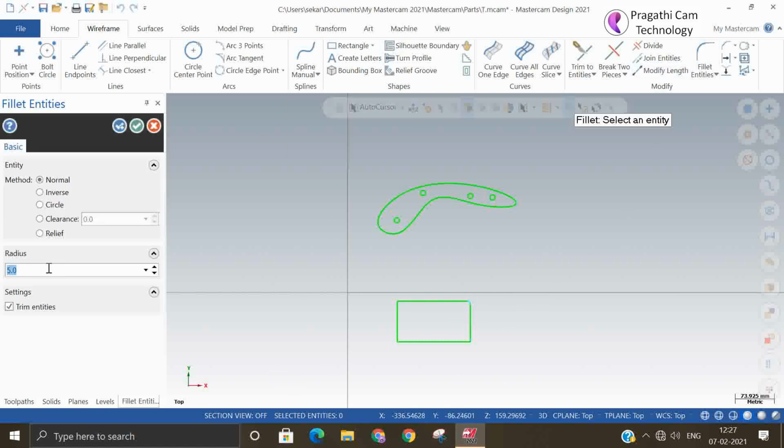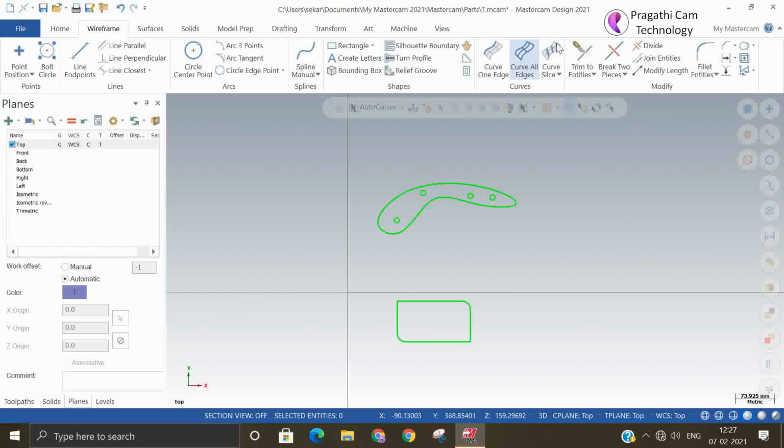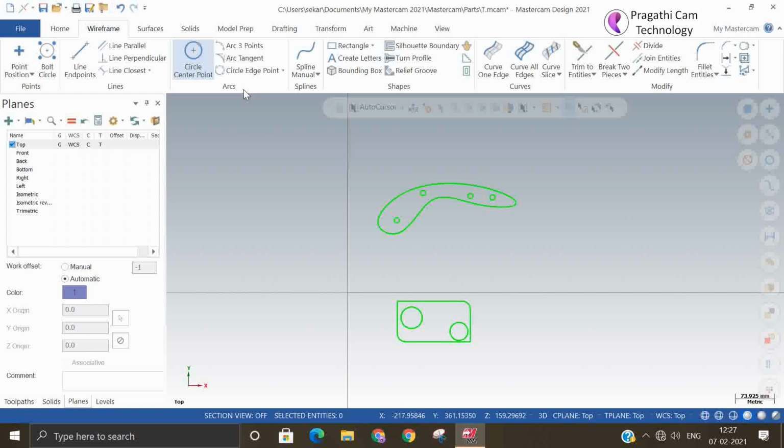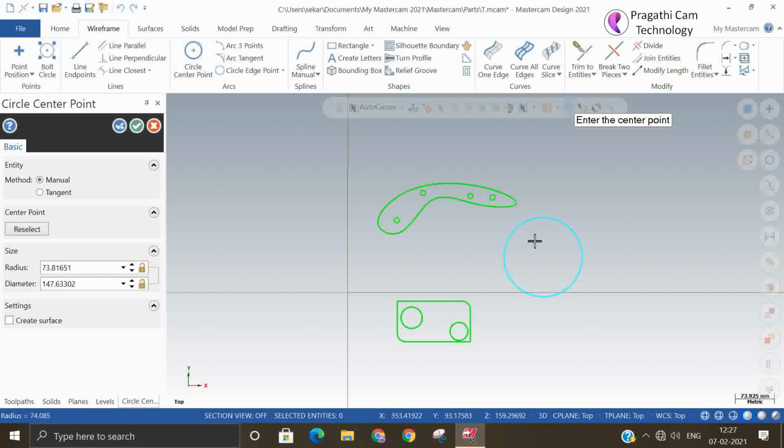So this is the second part. Actually this part may be a different file, or maybe you can keep it in a different layer.